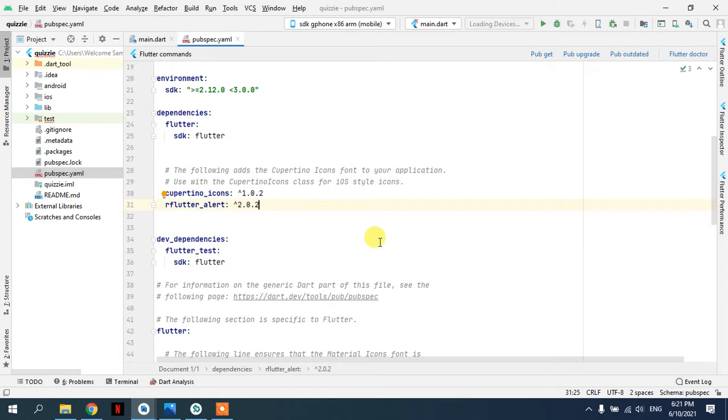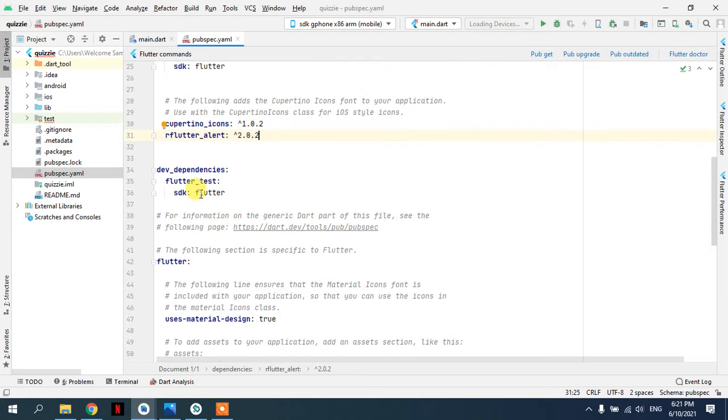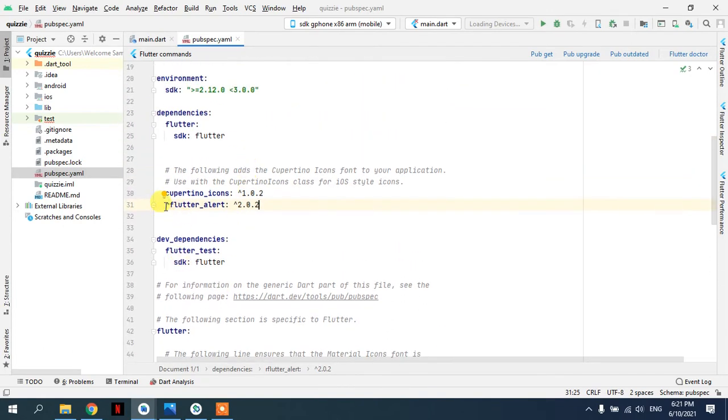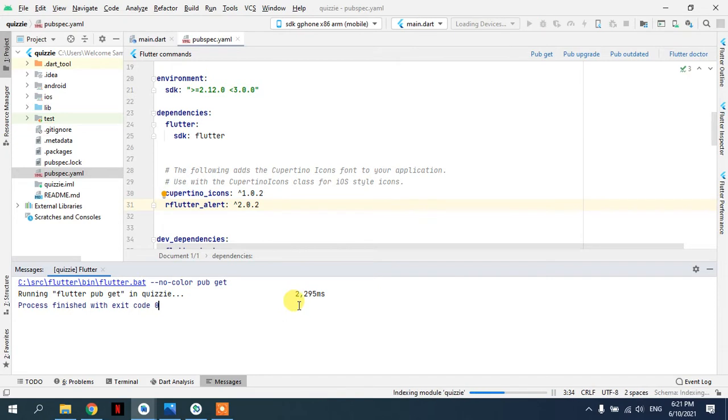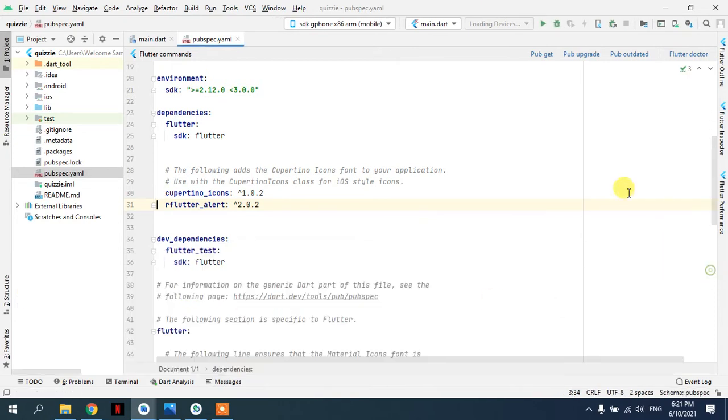So this is something you have got to research on, like what is the pubspec YAML file, because it's not a markup language. So it's a YAML, it's a non-markup language, and therefore the indentation is very important in here. So let's say if I move this here, then our code will not be synchronized. So if you see some error while syncing this file, then there must be that you have made some mistake with the indentation. So right now I have carefully pasted it in the right place, so I believe there should be no errors. So yeah, we see 0 here. Okay, now we can close this,